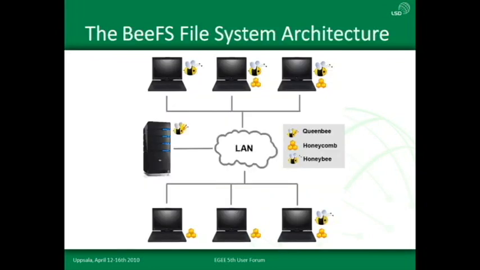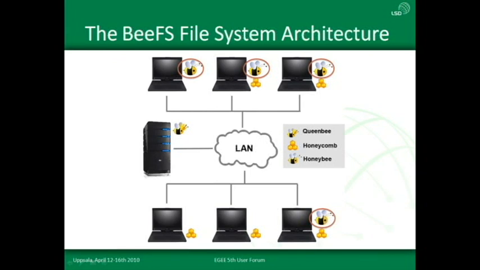The BeeHive file system, or BeeFS for short, is a fully POSIX-compliant file system that stores files in the spare disk space of machines connected by a local area network. It has a hybrid architecture that works as follows. Metadata information about the files is stored in a dedicated centralized server named the Queen Bee server. The actual data is stored in several storage servers named honeycombs, distributed in the machines connected by the local area network. A Honeybee client implements the POSIX interface that allows applications to access files without needing to bother where these